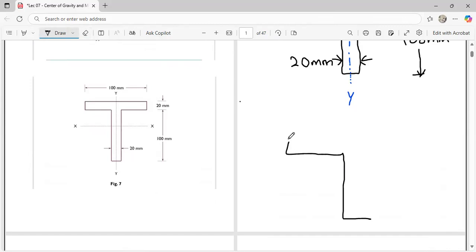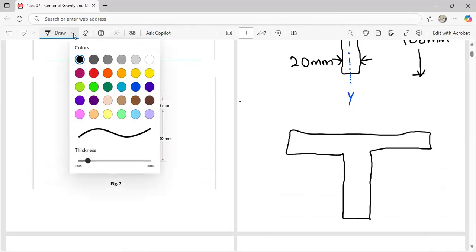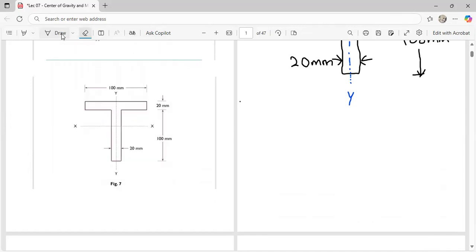So this is the T section. Okay. This is the T section. So you realize that there are moments of inertia. There are moments of inertia in this section because at the end of the day, let's say this is a wood that you want to join together. First of all, you realize that